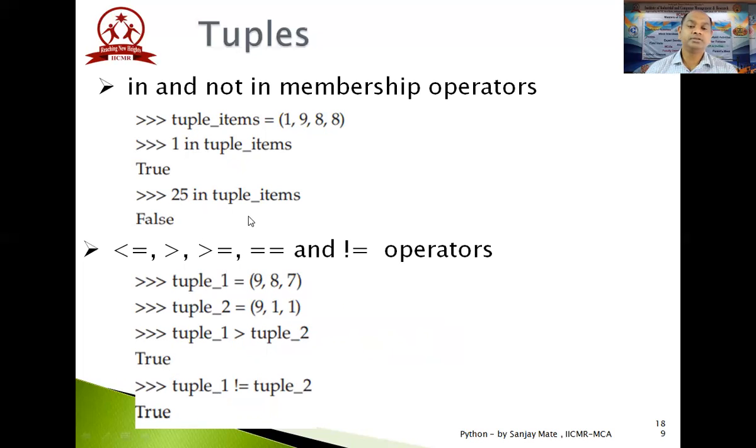You can compare tuples with less than, greater than, equal to, double equal to, and not equal to also. But only with integral values or strings, because only then is it meaningful. If you have a tuple of roll numbers and another tuple of strings, cities, it is not logical to compare roll numbers with cities. So that is not possible.